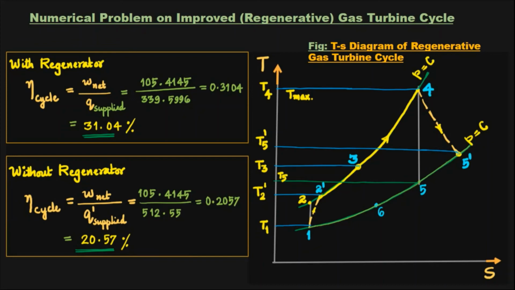See, there is more than 10.5% increase in thermal efficiency when you use a regenerator for the same purpose. With this, it is obvious that the thermal efficiency of the gas turbine cycle can be drastically improved by making use of the regenerator, or by utilizing the exhaust gas heat content to heat the compressed air coming out of the compressor before sending it to the combustion chamber. By doing that, we will be in a position to reduce the heat supplied and consequently the mass of fuel can be saved.